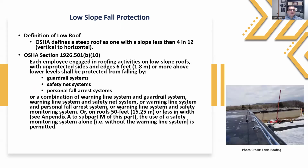Low slope fall protection. As you would expect, OSHA defines a low slope as less than 4 on 12, vertical to horizontal. OSHA section 1926.501(b)(10) is where you would go for that information. It requires that each employee engaged in roofing activities on low slope roofs with unprotected edges 6 feet or more above lower levels shall be protected from falling by either guardrail systems, safety net systems, personal fall arrest systems,